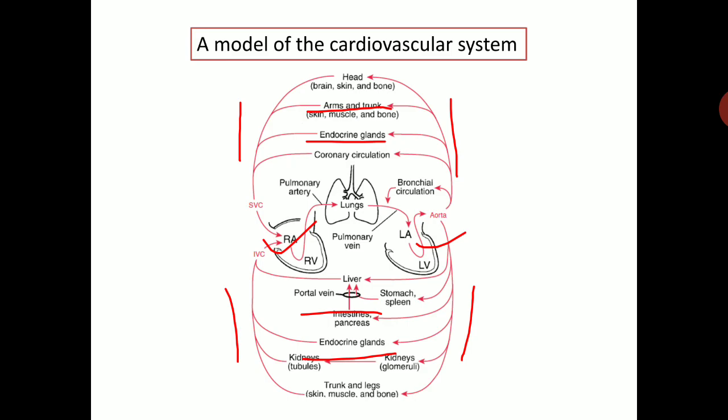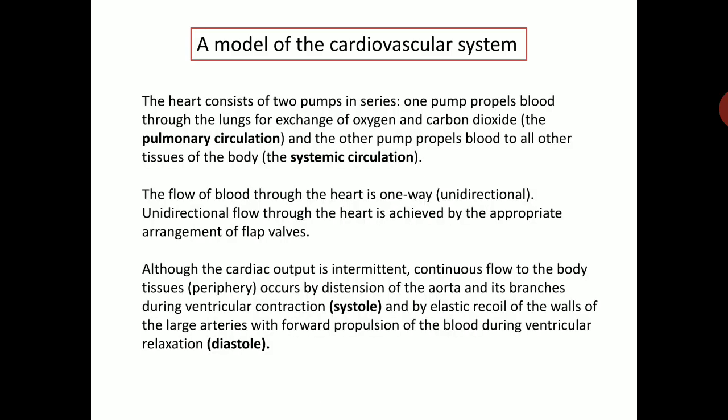So, in this slide, we are seeing the circulation, right side and left side of the heart. Circulation is in series, and from the left heart, whole blood goes to the systemic circulation, and we are seeing that between aorta and vena cava circulation is in parallel. So the heart has two pumps which are in series.